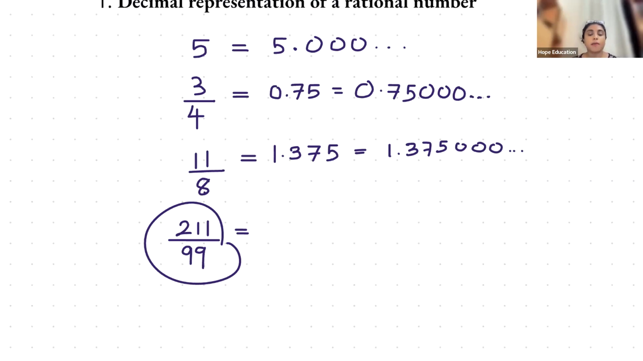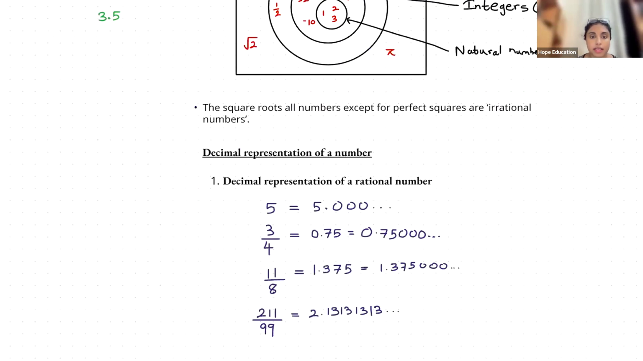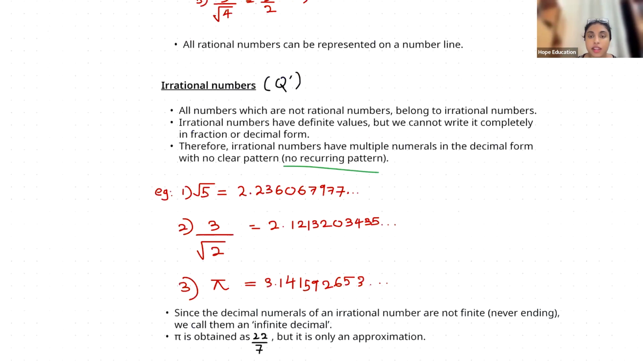211 divided by 99, I get a value like this: 2.13131313 and it continues, the same pattern going on. 2.1313131313 and so on. So here you might get a bit confused because in irrational numbers the decimal points are never ending and go on and on till infinity. But remember, when we were talking about rational numbers above, we said irrational numbers